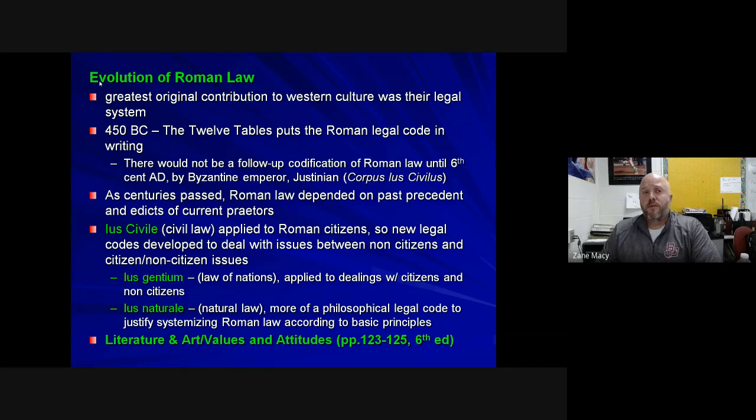Now, a lot of times the Romans focused a great deal on trends that we still see today in the modern legal system, depending on past precedent. Records being kept during a